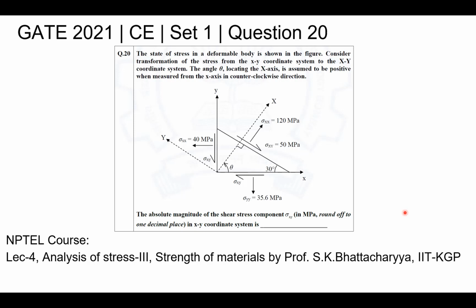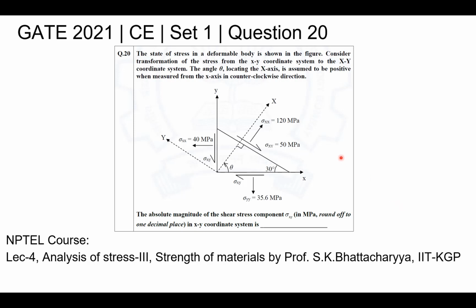Let us look at question number 20, Set 1, Civil Engineering, GATE 2021. The state of stress in a deformable body is shown in the figure. Consider transformation of the stress from the small xy coordinate system to the capital XY coordinate system. The angle theta locating the capital X axis is assumed to be positive when measured from the small x axis